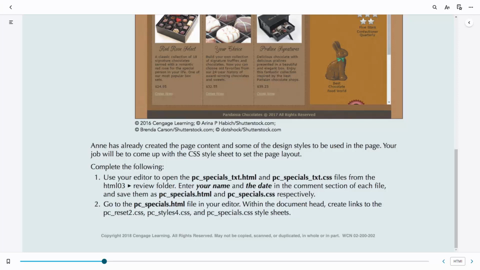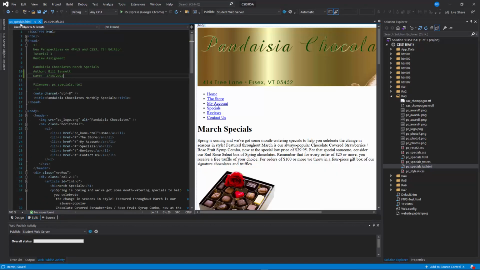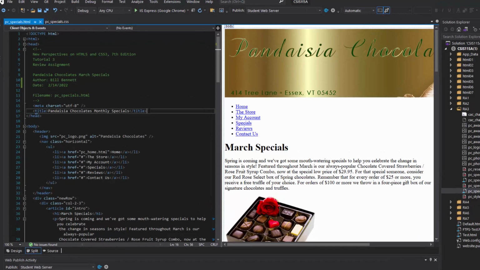Now in step 2, we're going to open up the PC specials HTML file. And within the document head, we want to create the links for the style sheets. So Anne has already created 2 style sheets that we use here, the PC_reset2.css, PC_styles4.css, and then we're going to be working on the PC_specials.css. So we go into our HTML page, into the head section here, right underneath the title,